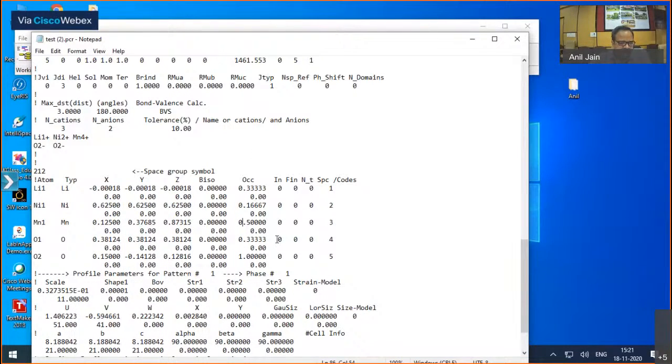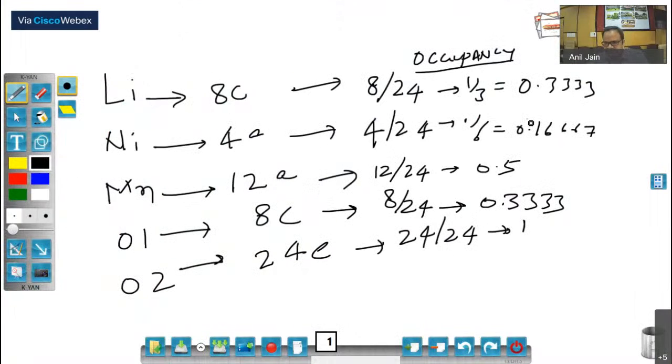Now, can you get the formula with this occupancy? Like if I multiply this occupancy by some constant number, then I should reach this formula. So let's say if I multiply this by 3, then I get lithium 1, nickel 0.5, manganese 1.5, and this oxygen gives me 3 and this gives me 1. So by doing this multiplication of the occupancy, here I have written the occupancy, and if I multiply everything by 3,